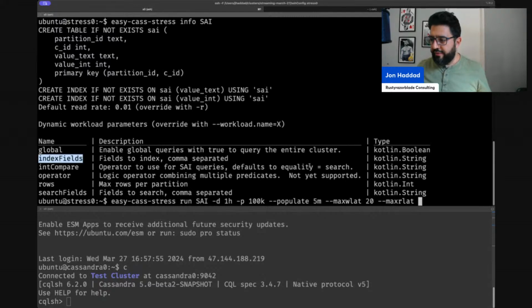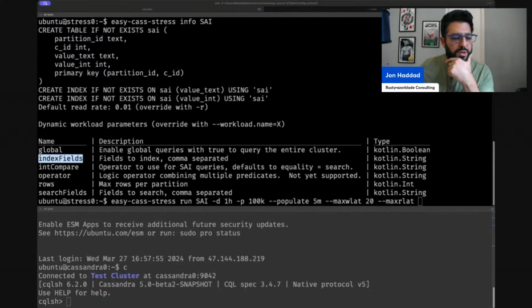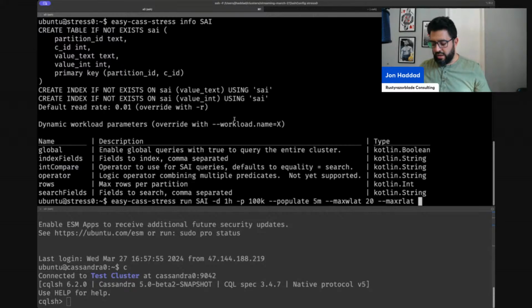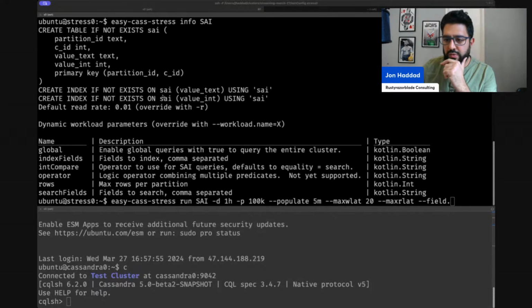So here we have index fields. By default, we're indexing the int and the text field. And then by default, we're going to search the text field. I think that's okay. So let's just do, let's see. By default, I think that we're setting,